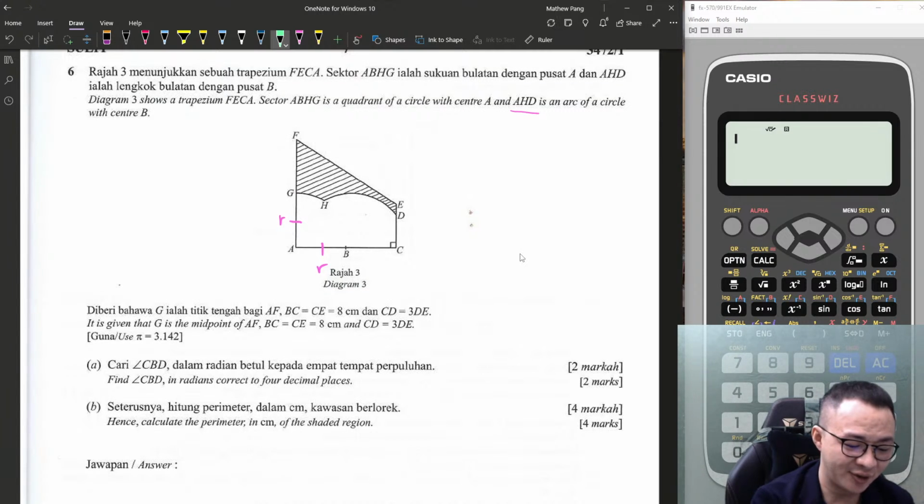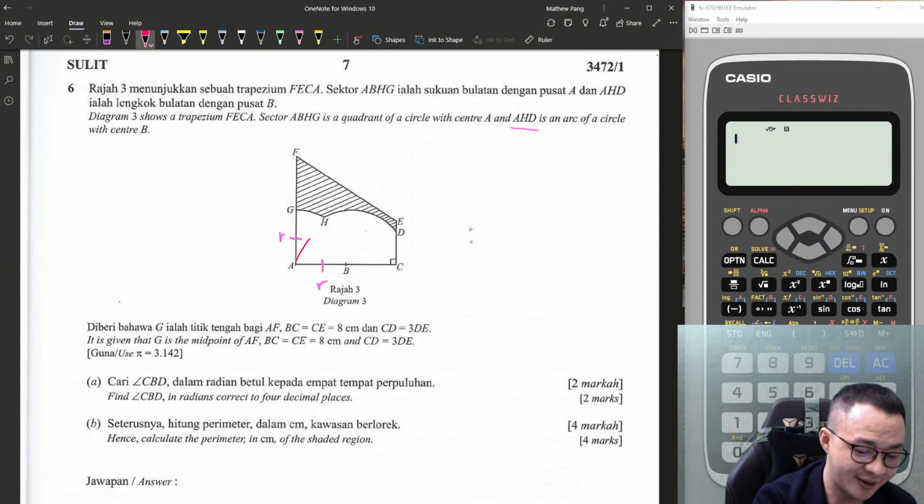AHD. So AHD, this is arc length. Okay, let me use another color, maybe red. You can see this arc length, AHD. But the problem here is this so-called semicircle,